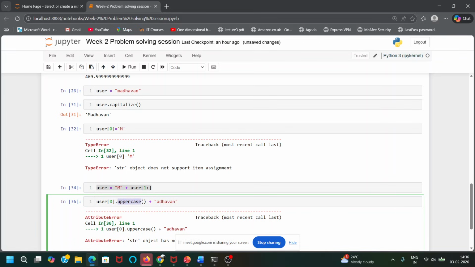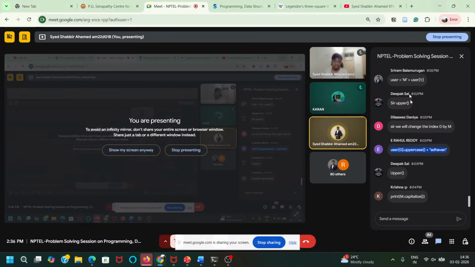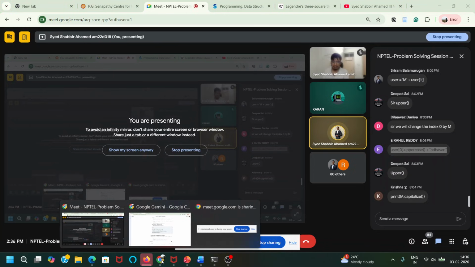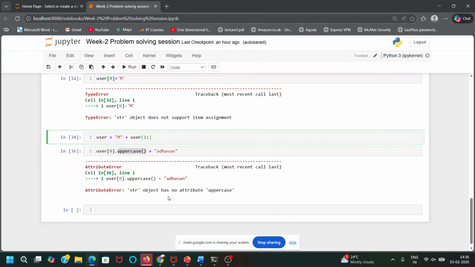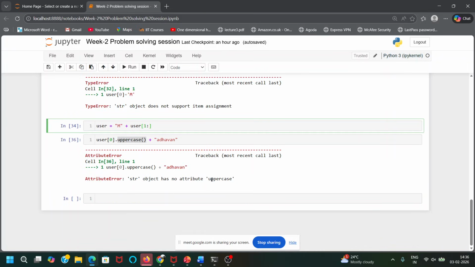There is no such function in Python. You guys have learned this somewhere. I think capitalize is a function, but this is not one. You can see the error here.